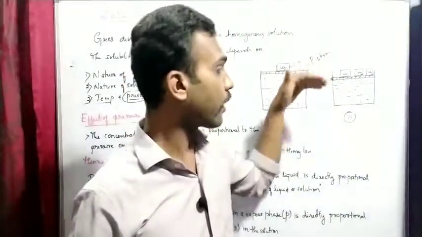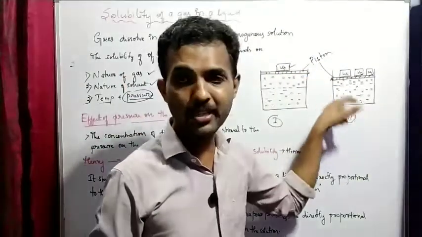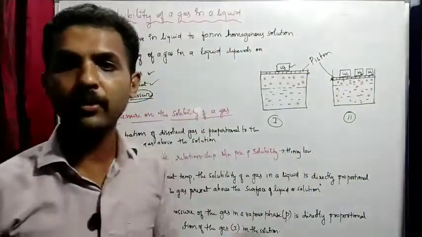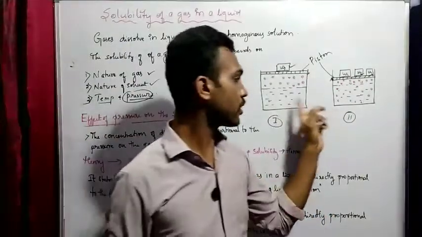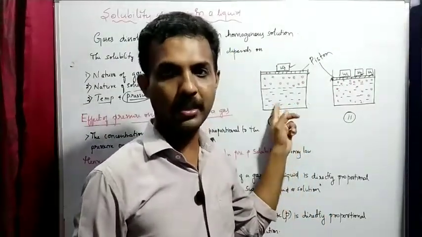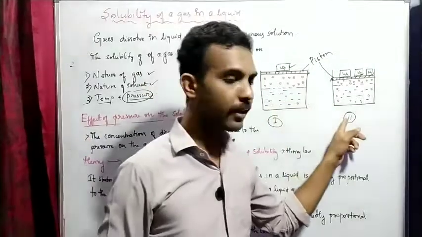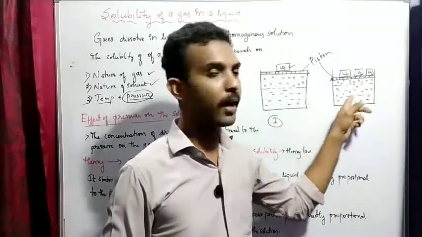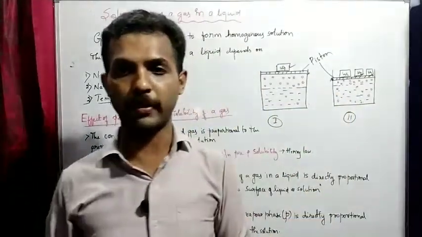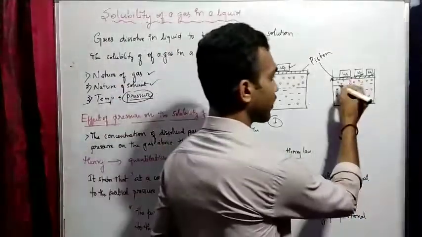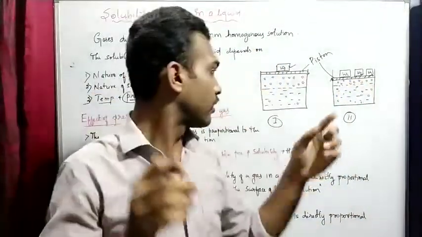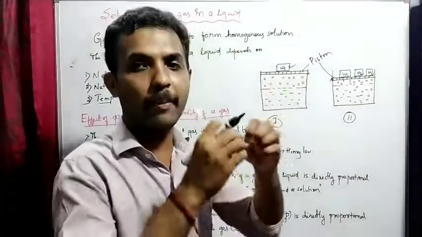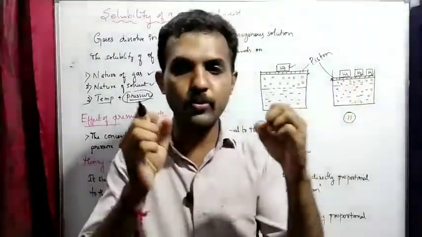So due to that what happens, more and more gaseous particles readily enter into the liquid or the solution, right? Now the concentration of gas in this liquid is less, and the second thing you can observe, more and more gas particles are soluble, right? So now here, the free surface you can observe, the gases are what? Here you can see the distance, they are apart from each other, but here you can observe the distance is